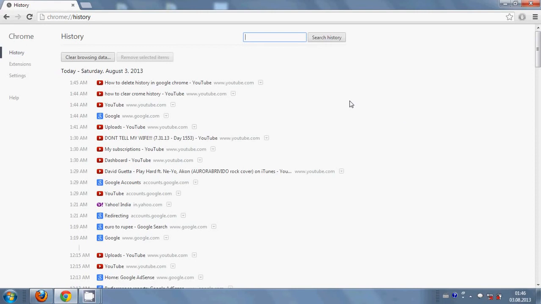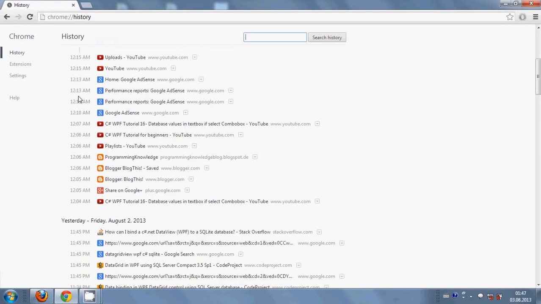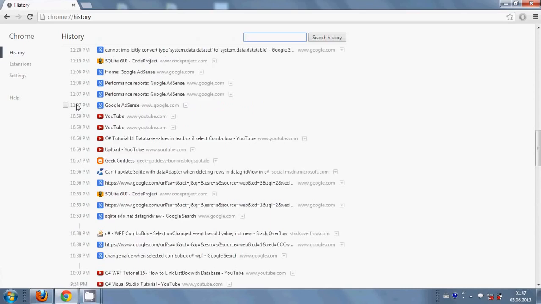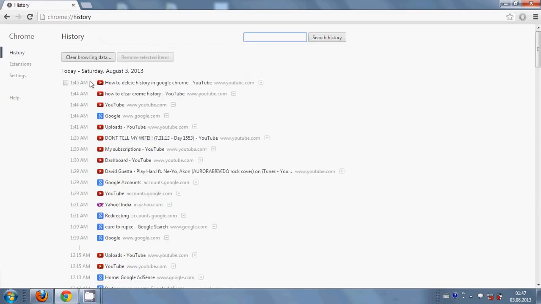and depending upon your preferences you can delete history for last 1 hour or last 1 day or 1 week or 1 month. So when you go into the history you see all the browsing data here. So what you need to do is you click clear